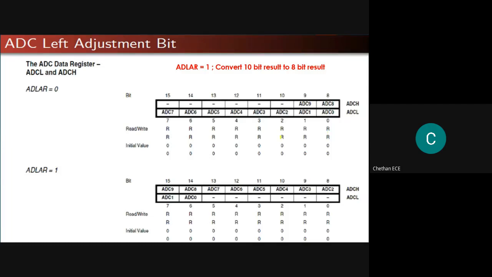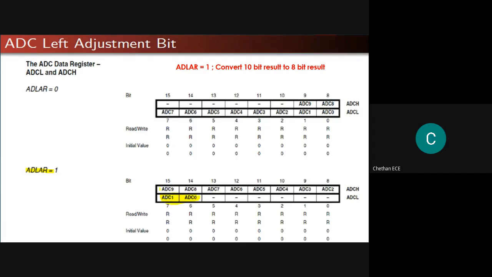But I want to utilize 8-bit resolution. To use 8-bit resolution to store the ADC result, we have to make ADLAR 1. If ADLAR is 1, all the MSB information, that is ADC 9 to ADC 2, will be pushed to ADCH and the least significant 2 bits are completely masked.